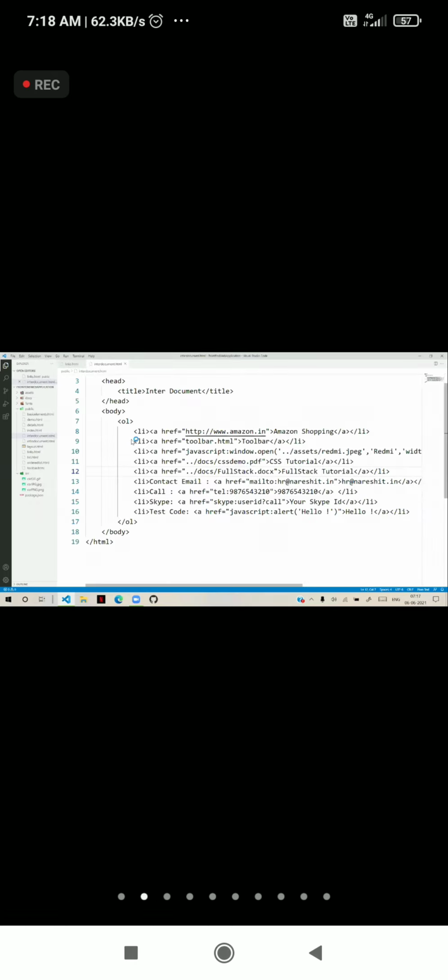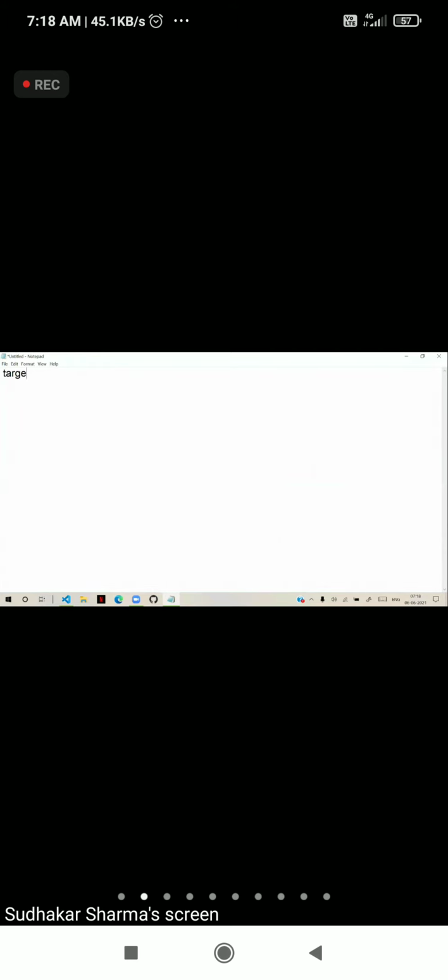Now, one more option we learned is how we can download the link, how we can open a link in a new window or open in a new tab. These options we learned. So to open in a new tab, we have to use target as _blank. And to open in a new window, we have to use the window.open method, executed as a JavaScript method. So window.open to open.